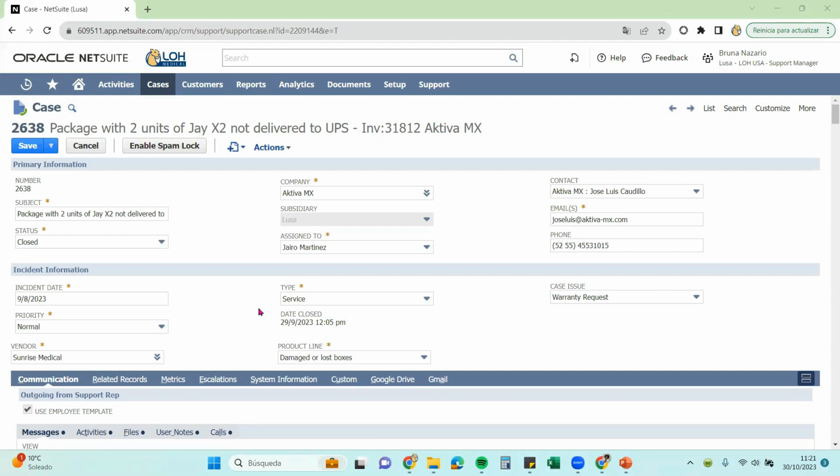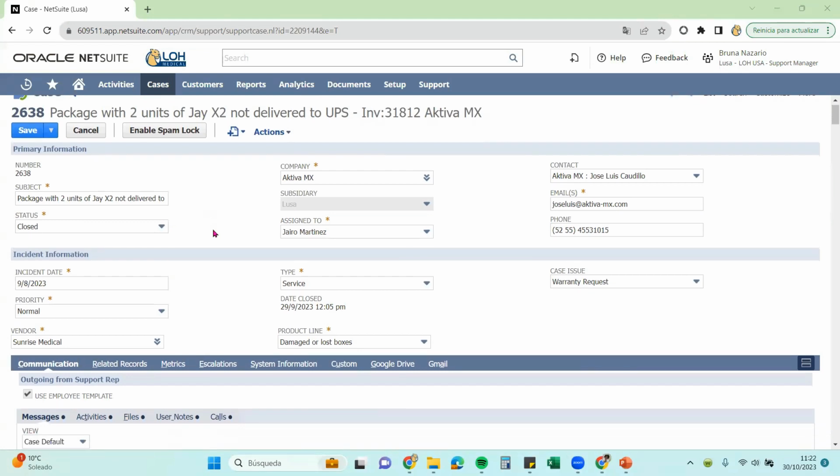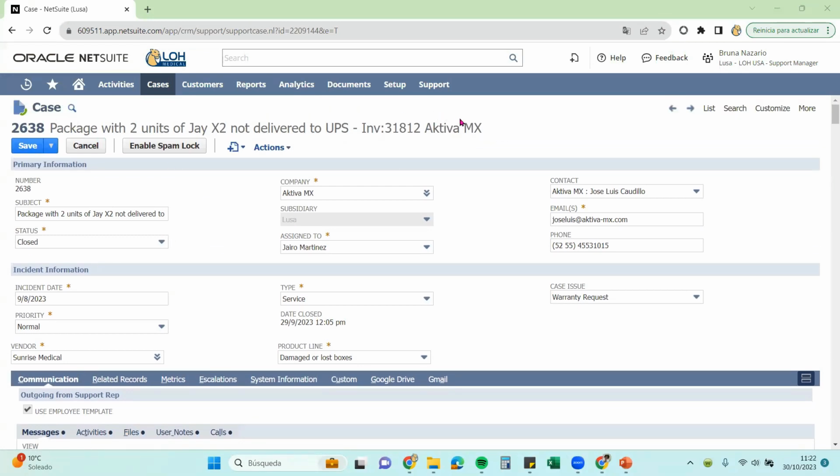So when you create a case, it's necessary to fill all the key information that will help us to understand what the problem is and what we can do from there so we can help this customer. In the primary information, you're going to find the subject. This is the first information that we see after we create a case, as you can see right here in the top left. The subject, you say, what is the problem that needs attention? And the invoice, the issues related.